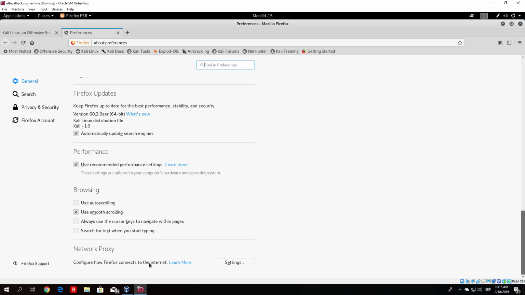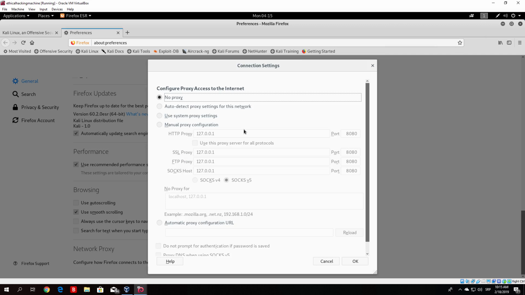What we want to do is basically make our Firefox connect to the internet through our Burp Suite. So click here on the settings and it should open up this small window. By default it should be set on no proxy. What you want to do is change that to be set on the manual proxy configuration. So once you check that, I believe since you didn't configure it before, it should have only the first one, which is HTTP proxy, set on